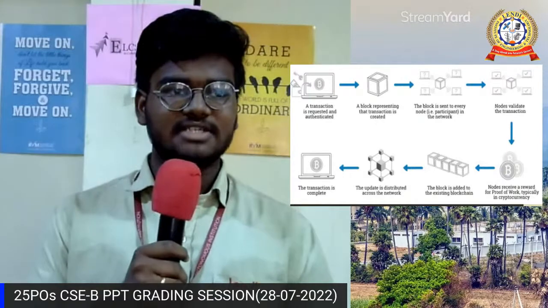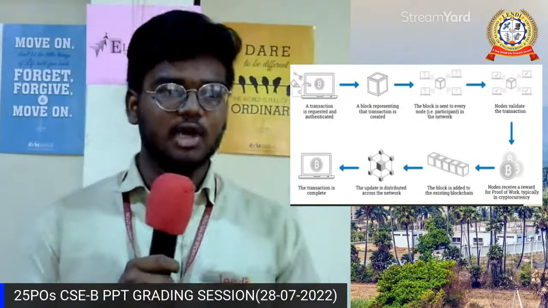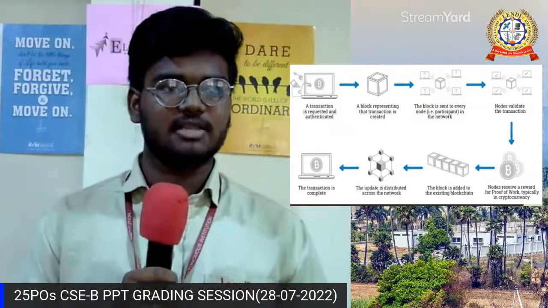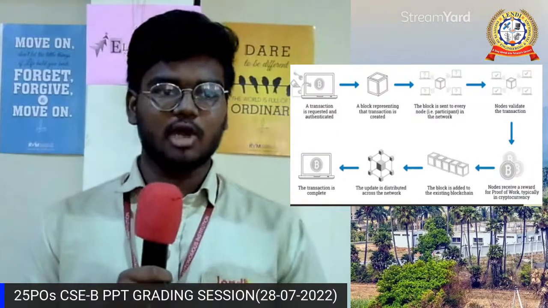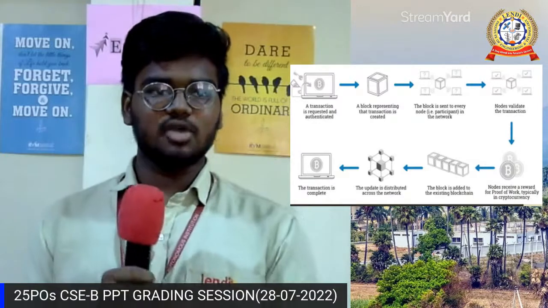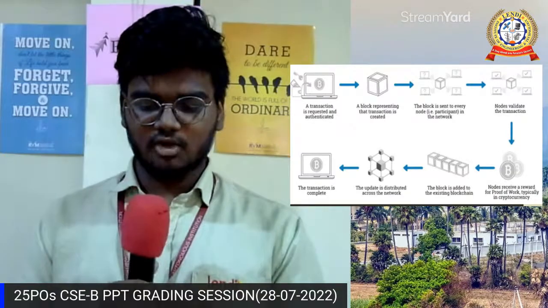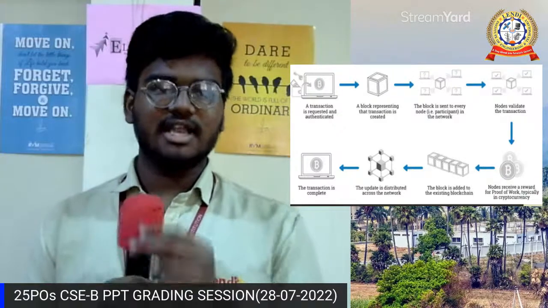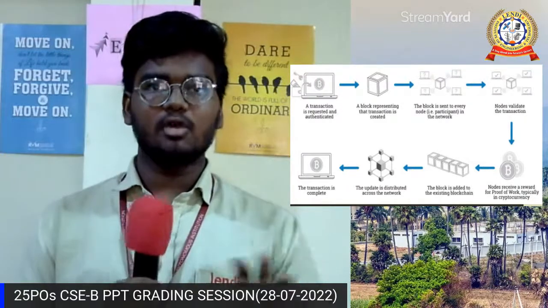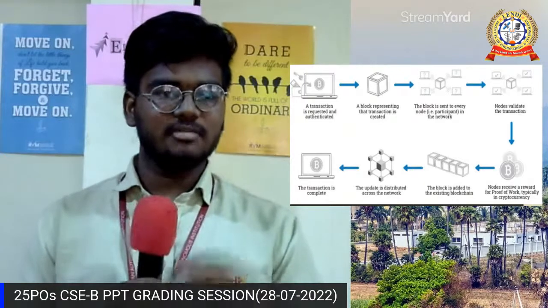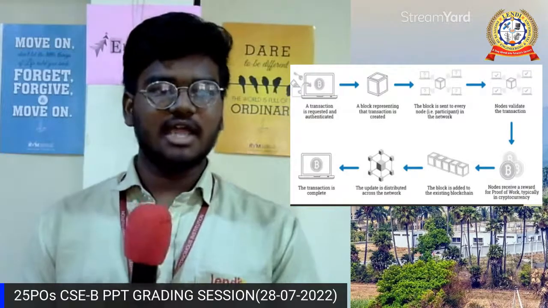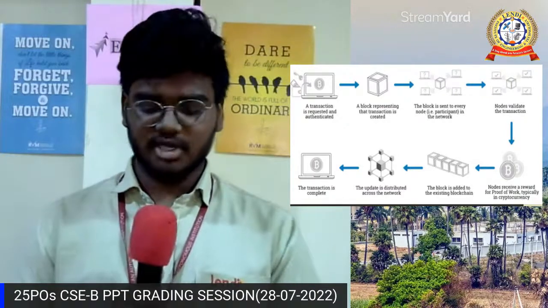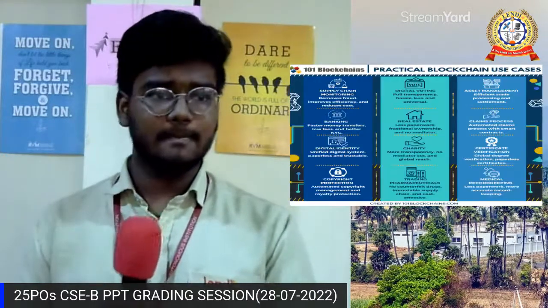Here we can see what transaction happens when a blockchain is started. When a blockchain is started, a transaction is initiated, and it goes in a block form, and it's divided into so many blocks. Now, a single node can validate the transaction. When the transaction is awarded, it is awarded in Bitcoin. That Bitcoin goes in the form of blocks, and the blocks are distributed across networks, and the network completes the transaction. So finally, the user can get the Bitcoin or any coins.